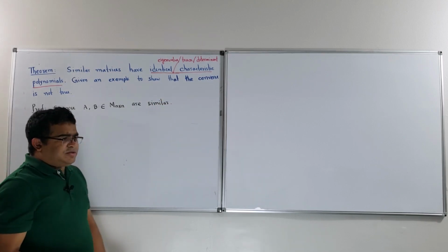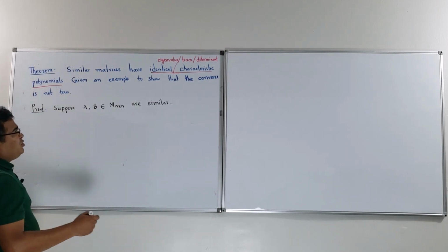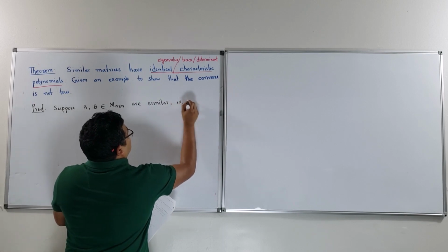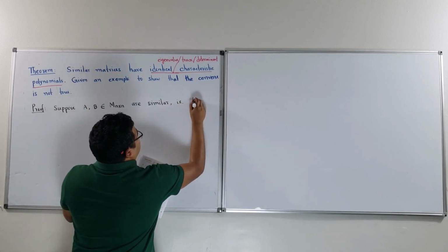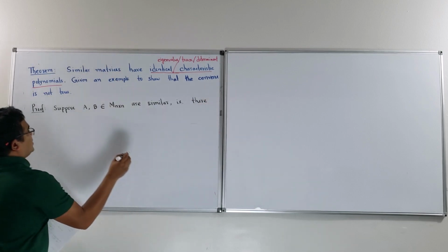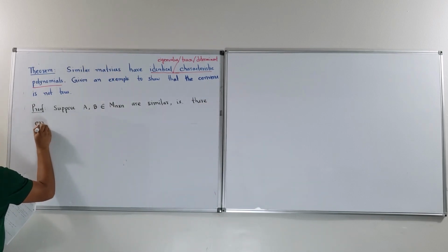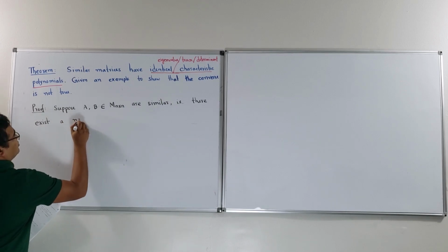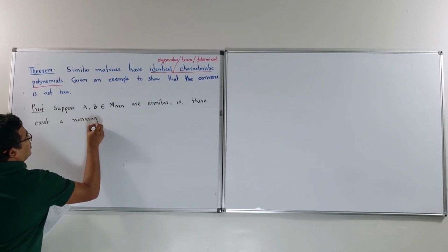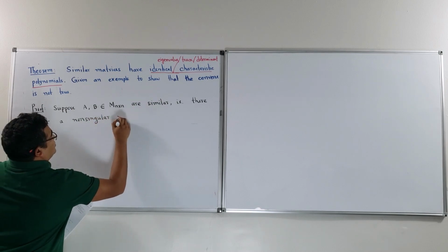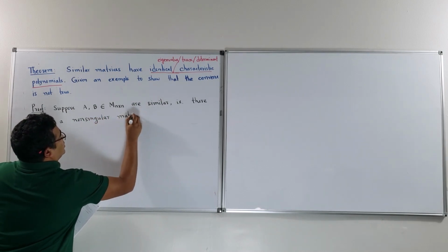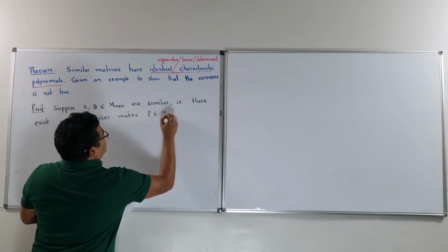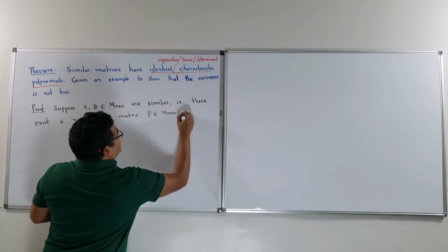So by the definition of similar matrices, we know that there exists a non-singular matrix P, also a square matrix, such that